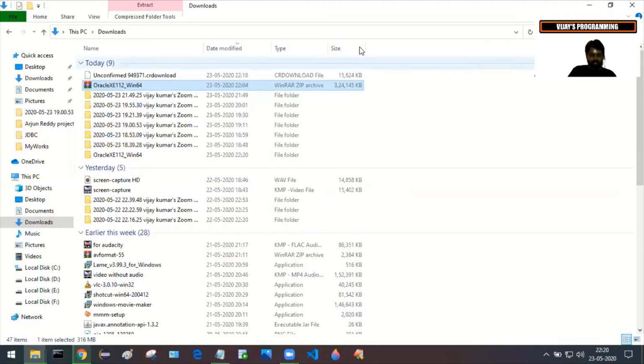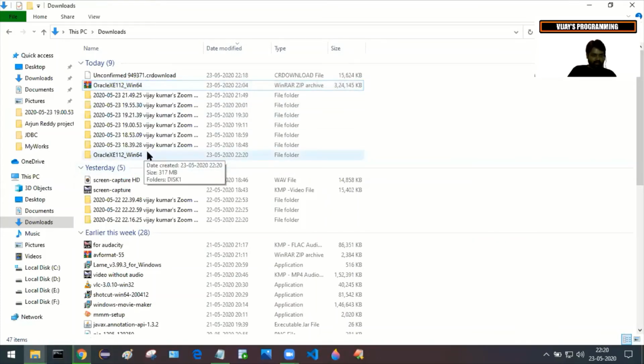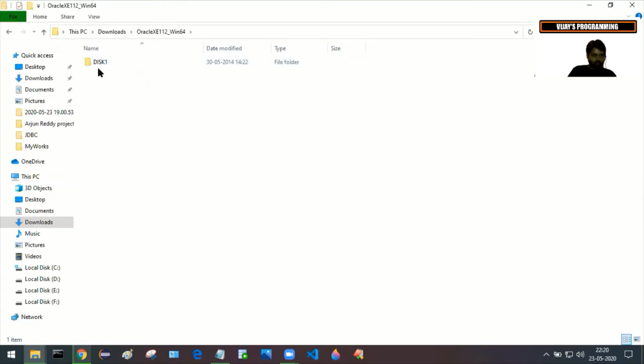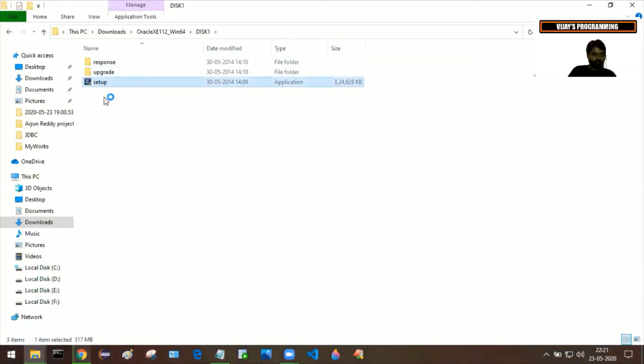After successfully extracting the file, I'm getting this folder. Go inside this folder, go inside this Disk1, and double click on this setup file. It is asking for permission, so I'm just clicking on Yes.